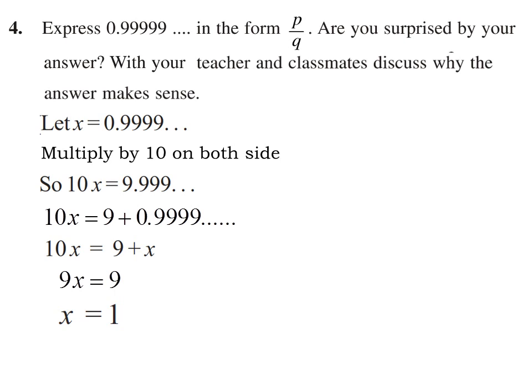So it is a P by Q form, but you have not seen it like this. Why is it happening? The discussion is that 0.9999 is very near to 1. So whenever we are finding the decimal expansion, we find the nearest value. That's why we get x equal to 1, which does not look like P by Q form, but it is a rational number. It can be written as P by Q form. So now my final answer is 0.9 bar can be written as 1.